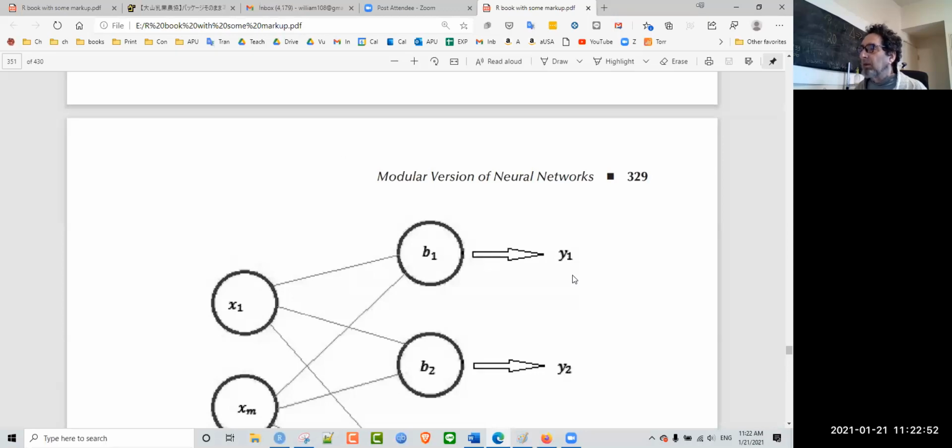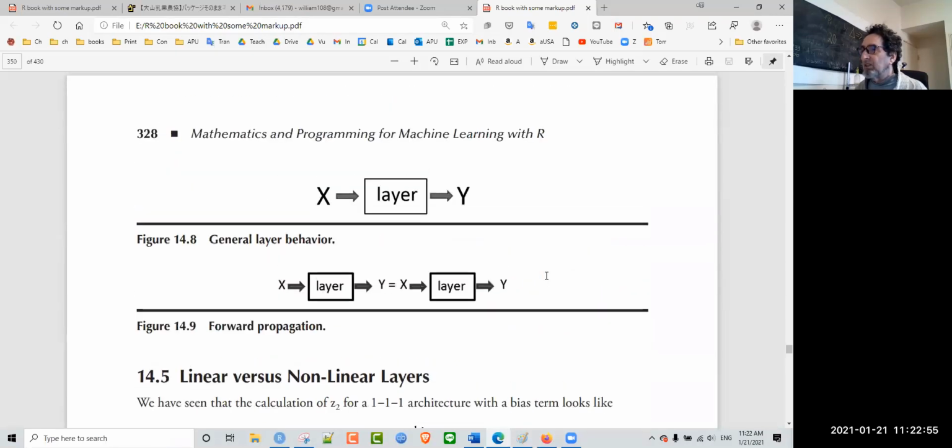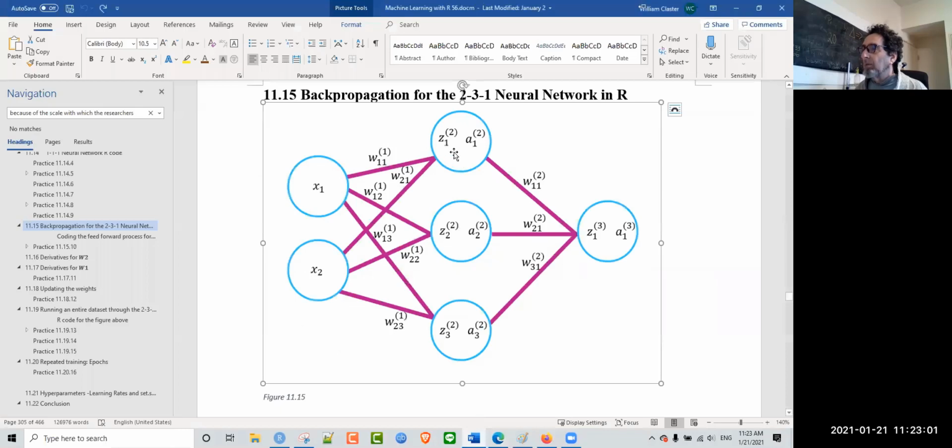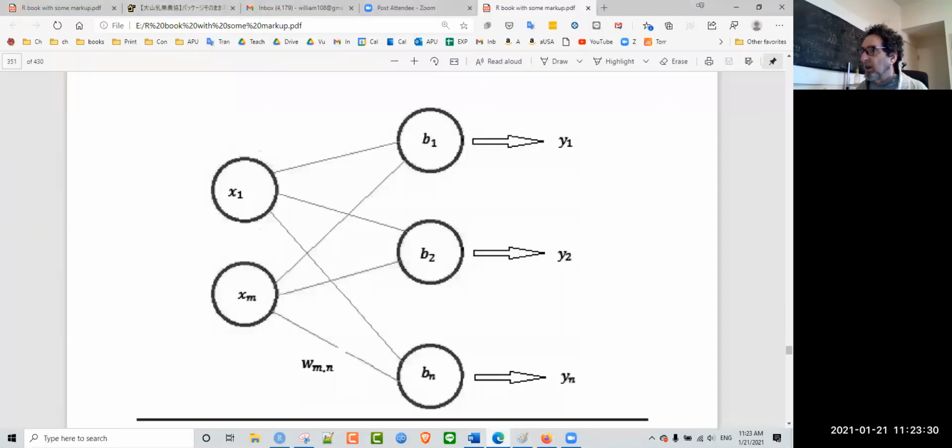Okay, so remember we got Z2. Oh, sorry, here's the picture. Remember we got Z21, Z22, Z23, right? So how do we get Z21? We take X1 times this plus X2 times this, right? Everyone remembers that. So that is Z21. Let's just call it Z1. That's Z1, Z2, Z3. So that's Z1. So how do we get Z1? We take,